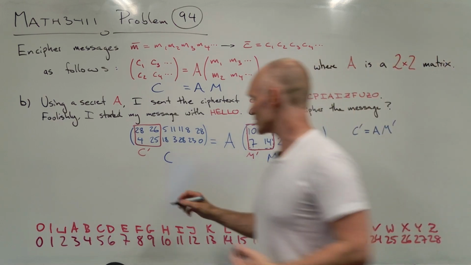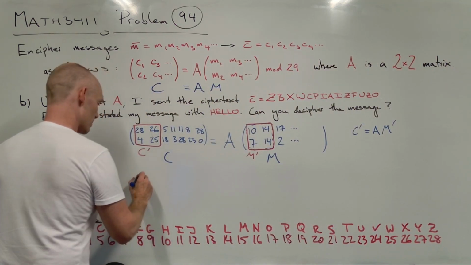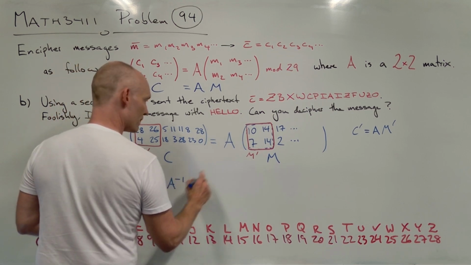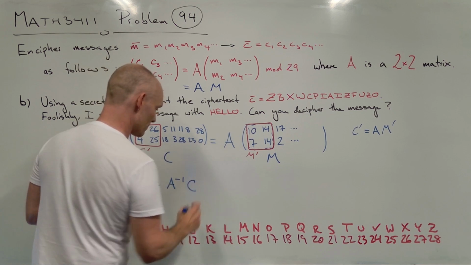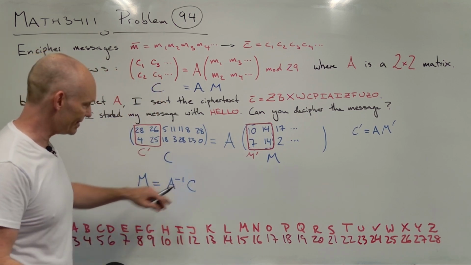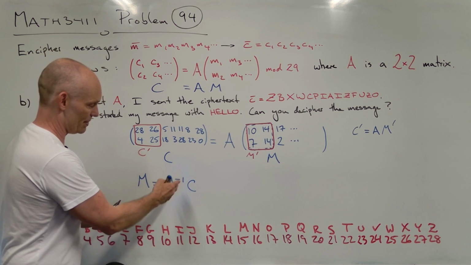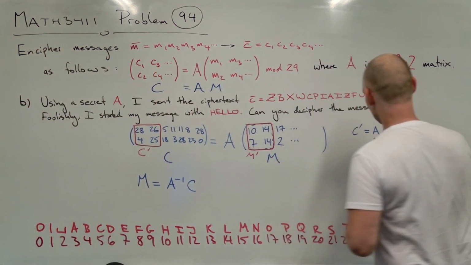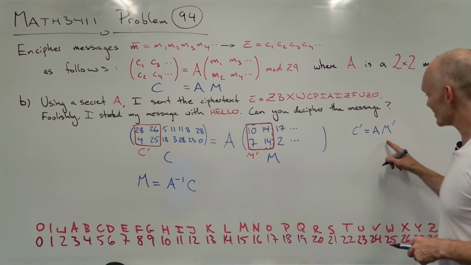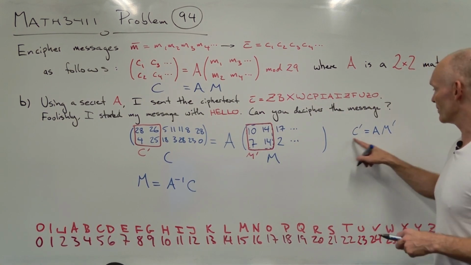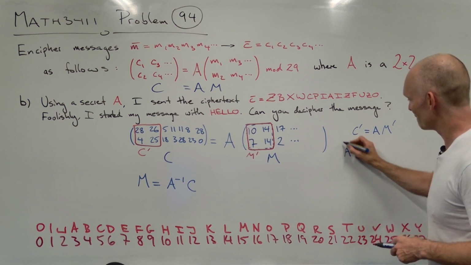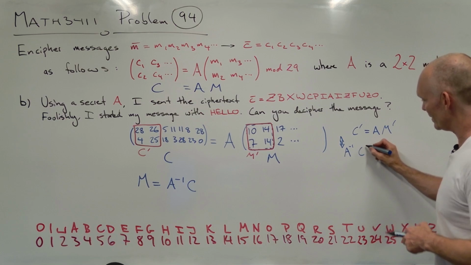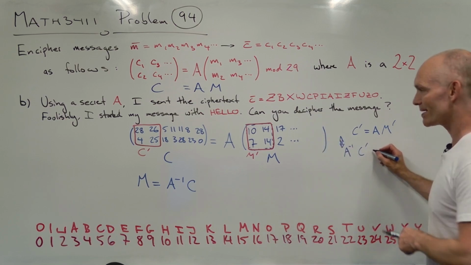What I want to find out is the matrix M, and that's equal to the inverse of A times C. So if I can find the inverse of A somehow, then I can find M. And of course I can do that because of what I get if I look at the inverse over there. Inverse A times C prime